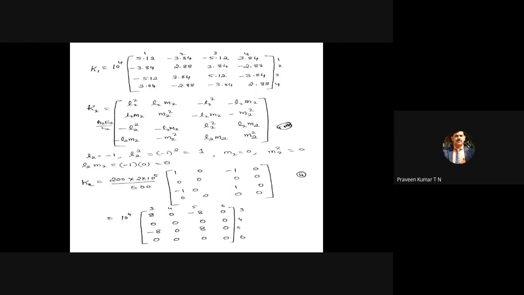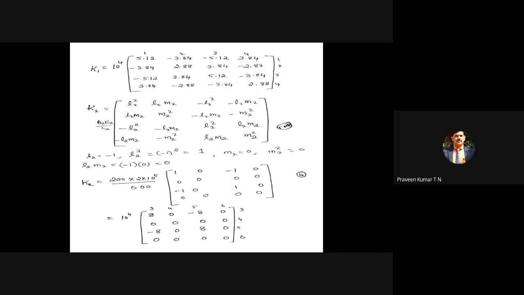We can see here 1, 2, 3, 4, 5, 6. This is the global stiffness matrix. How you get the global stiffness matrix is, finally you have to write the table. So you write this matrix. Put 1, 2, 3, 4, 5, 6 and 1, 2, 3, 4, 5, 6. Put the boxes. Just draw thin horizontal lines to create the boxes.